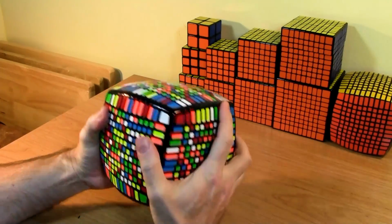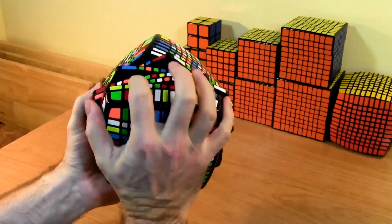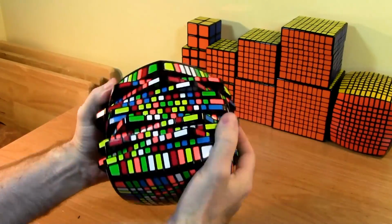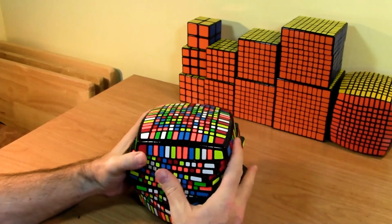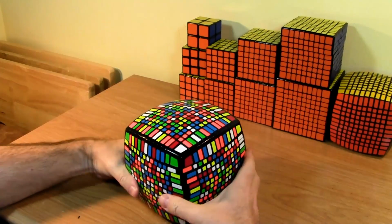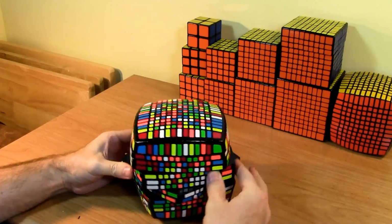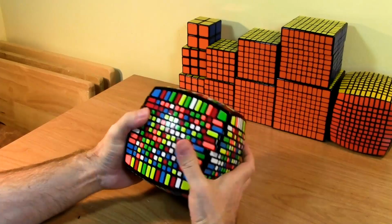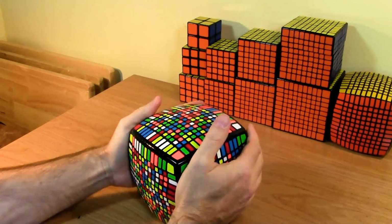Okay, one more set of turns here, and I think I'll call that scrambled. So what I'm doing, I'm not really counting my turns. I'm just doing some. Hopefully, I'm not doing full turns. 180. U4. Okay. So there we are. I think we'll just call that good. And all right, a couple more. And that's it. So that's what the 13-layer puzzle looks like scrambled,